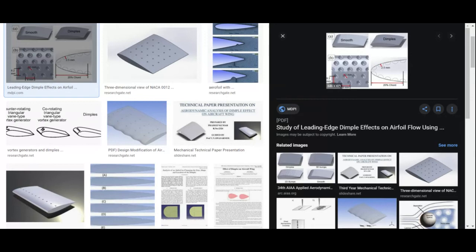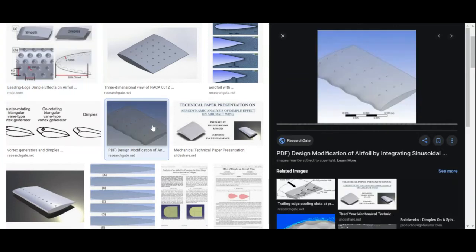Okay, so this type of configuration you might have seen in golf balls also, right? The dimple shape is used to recirculate the flow, energize the flow, so that we can increase the lift. Many researchers have worked on the same pattern.